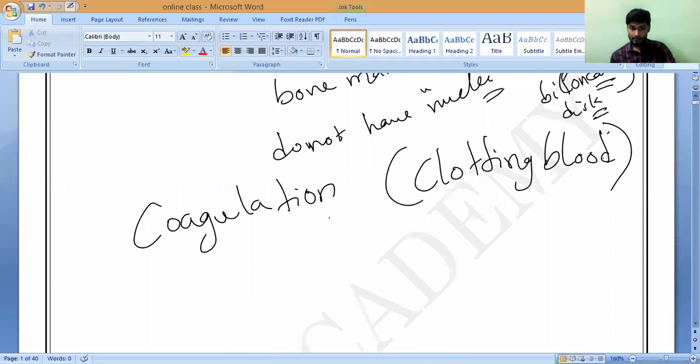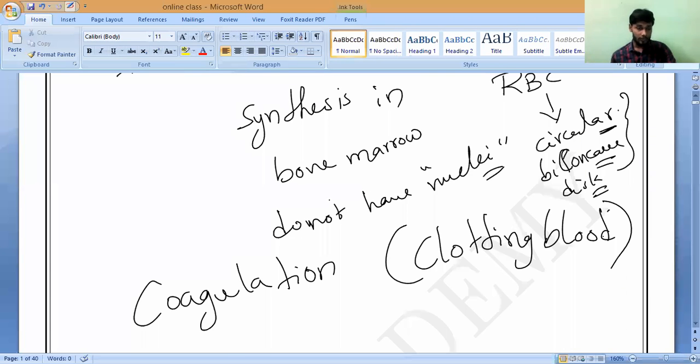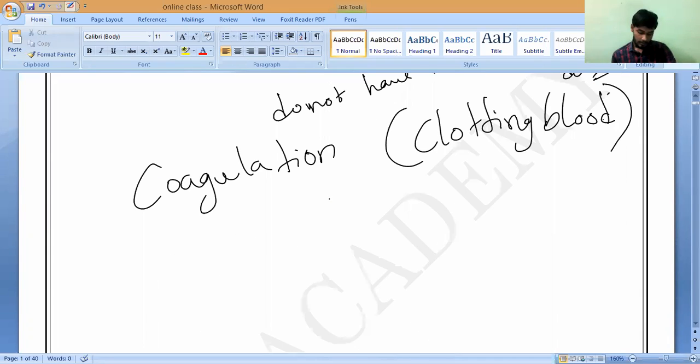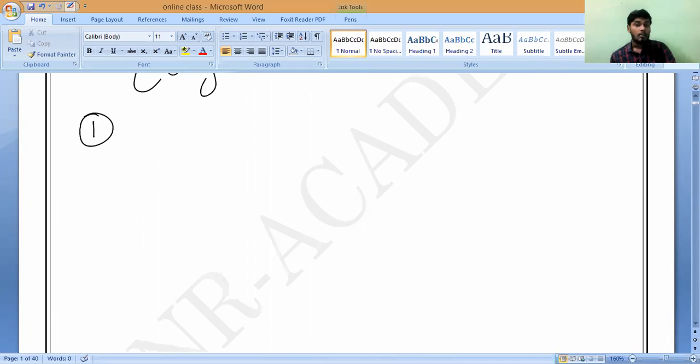So all of you write it. What is the first point regarding platelets? Where have they been produced? Where have they been made? In bone marrow. Write it: Platelets are the tiny fragments